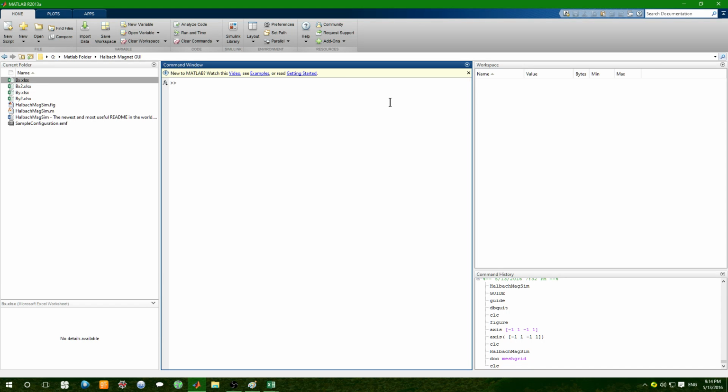Okay guys, this will be a tutorial video on how to use the Halbach magnet array simulation GUI software to simulate the in-plane B-field results that you measured using the Hall probe during the Hall probe measurement experiment. I'm going to go through how to run the program, how to actually set it up properly,